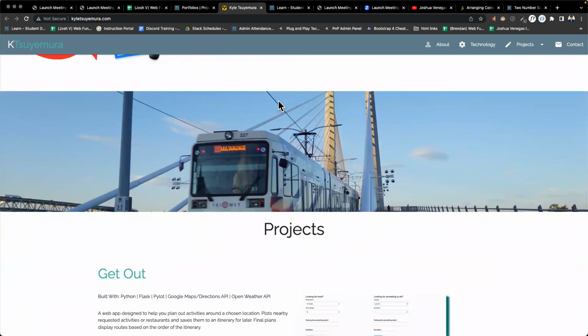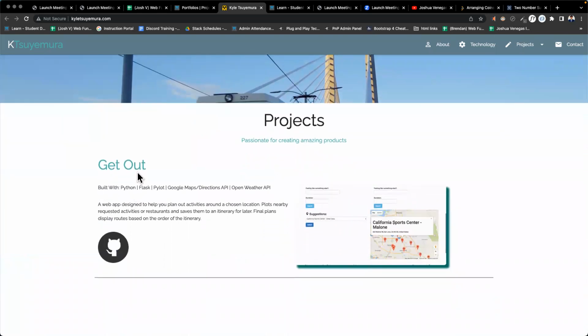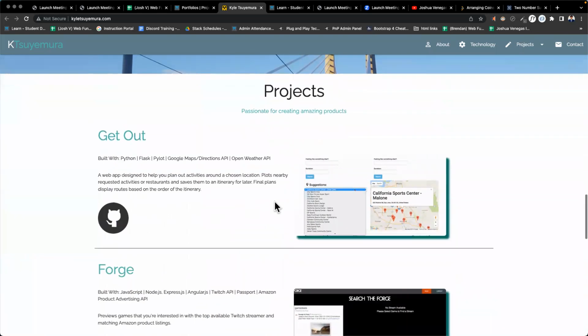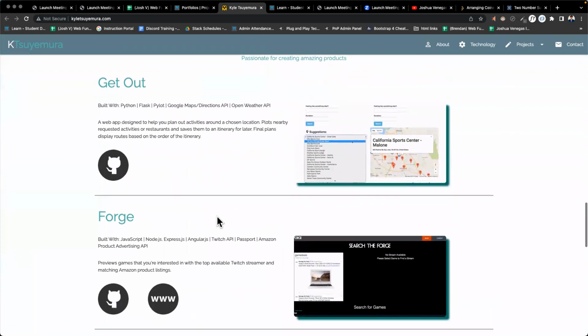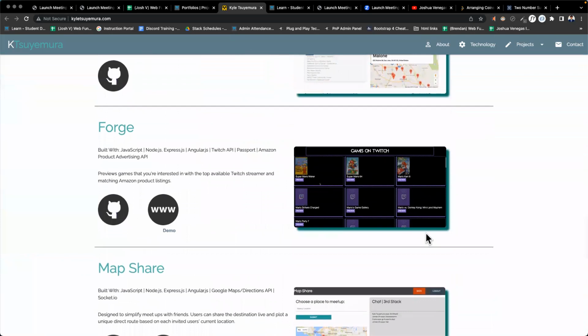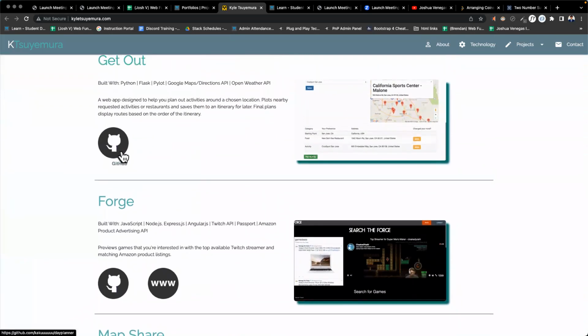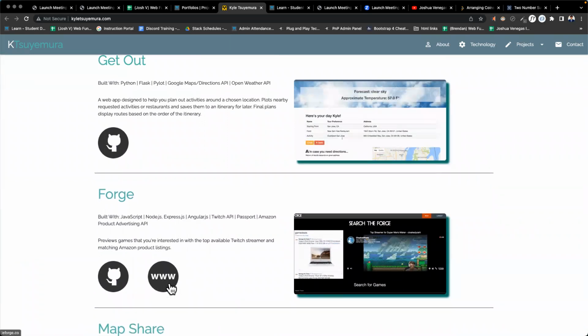So it's separated. He's got these views here, and how he has his project section. This Get Out project, as you scroll down, it zips in. With CSS, you can do that. Somehow make it slide in from the right. It's got this app called Forge. You can see it on GitHub. There's a GitHub link, or you can see a demo of it, so you can go to his website.